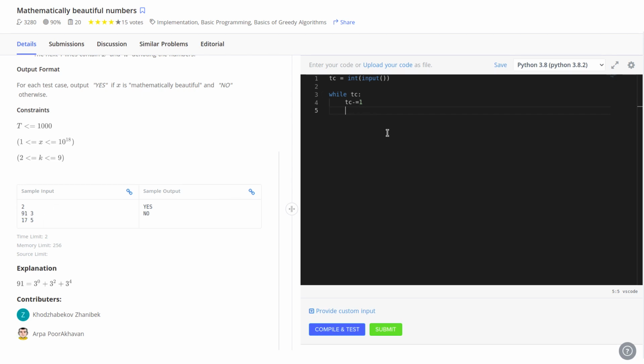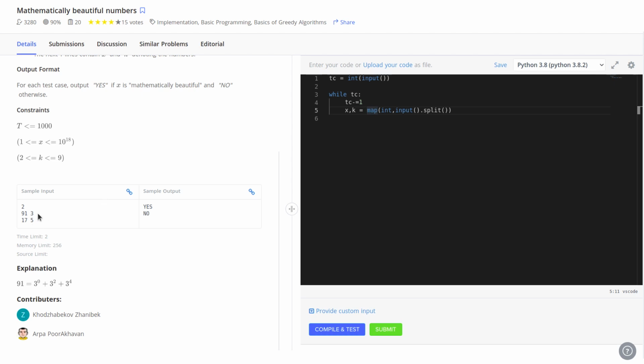As it is written, x and k, we can use any variable, but we are going with x and k only, equals map int input dot split. Why are we taking input like this?